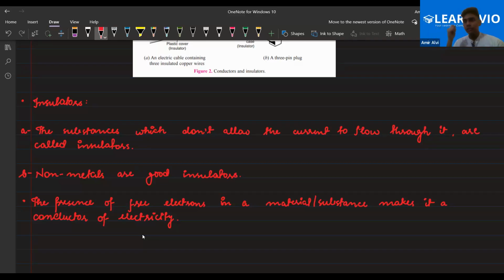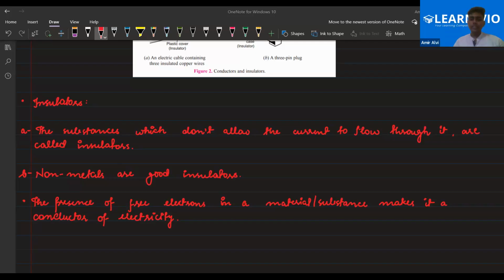Suppose when we rub a comb with dry hair, I think so, I'm not sure, let me check. When the comb is rubbed with dry hair, that comb will have some electric charge, and you can observe this. When you take the charged comb right next to the hair on your arm, it gets electric charge and becomes straight, 90-degree perpendicular to the skin. So that is the type of static electricity.